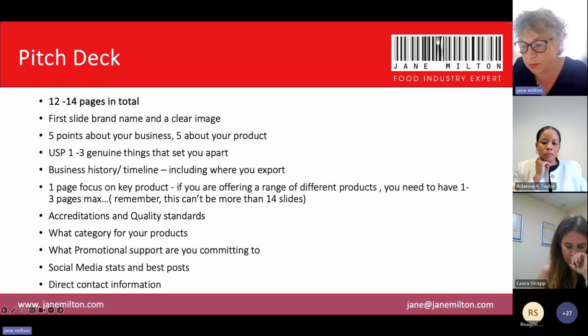If you're offering a range of products and you need to have more than one, really don't have more than 3. So pick your 3 best. You can tell them at the bottom of the 3rd slide there are more, but all you're trying to do is have a conversation with them. And then any accreditations that you have, and I'll show you examples of that in a minute, quality standards,